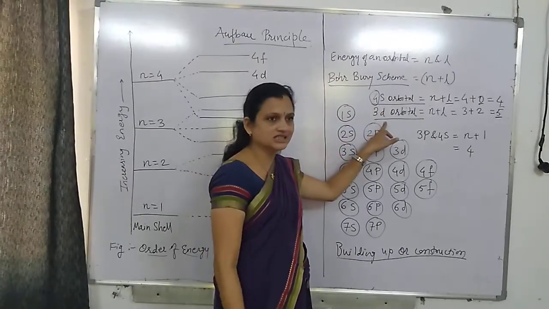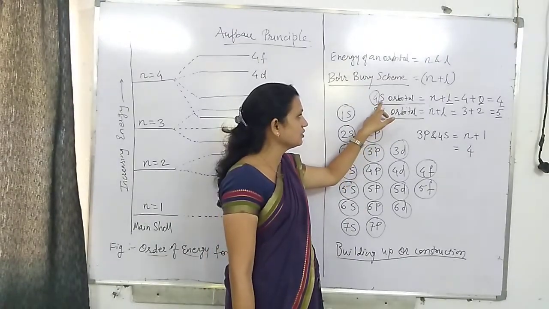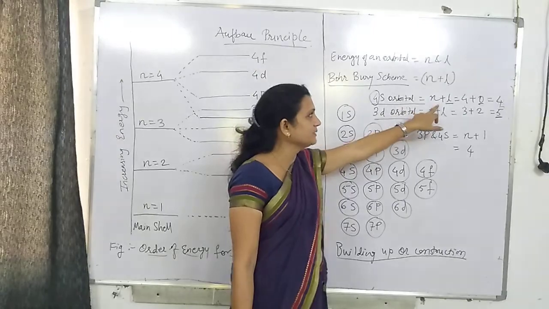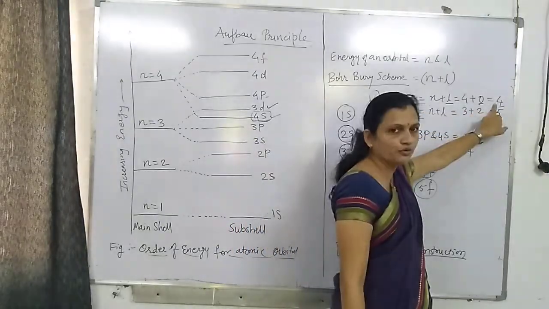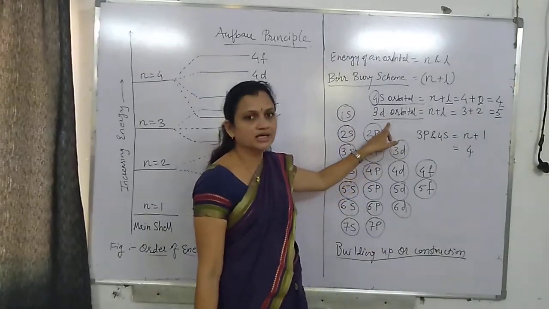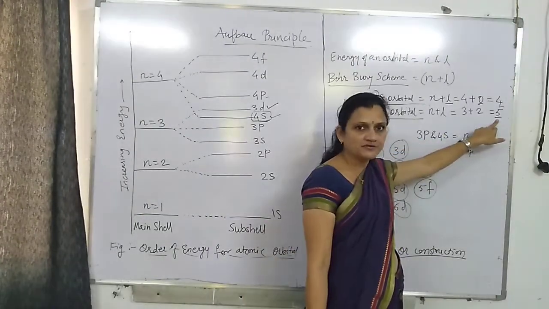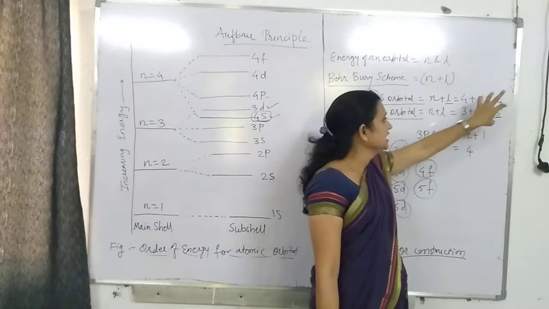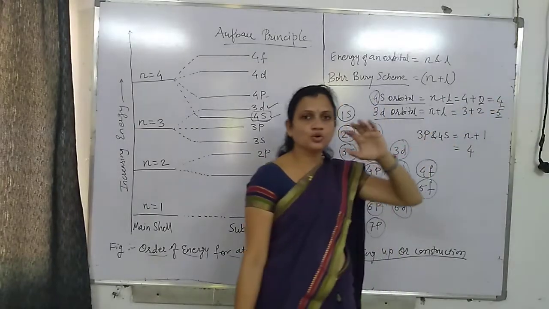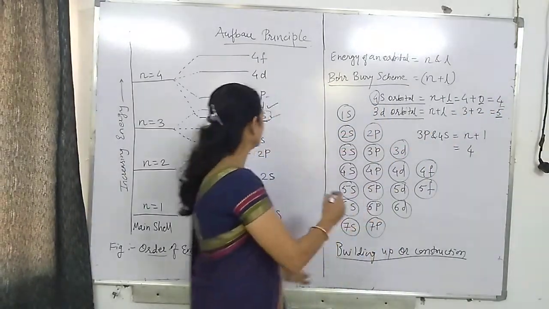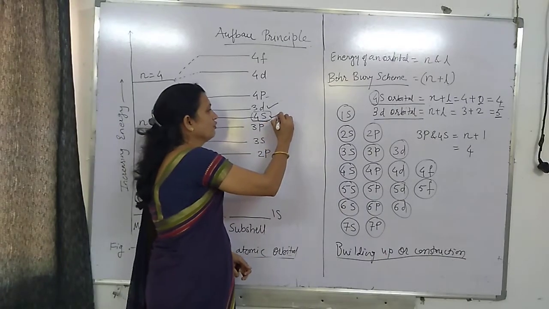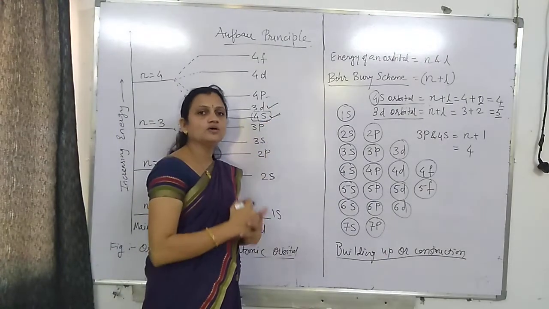Now according to this formula, this 4s orbital has n plus L value equal to 4, and this 3d orbital has n plus L value equal to 5. So because 4s has the lower n plus L value, we are writing 4s before, or below, 3d,